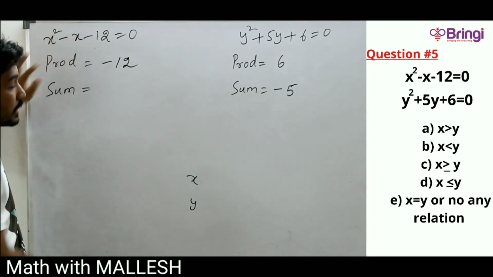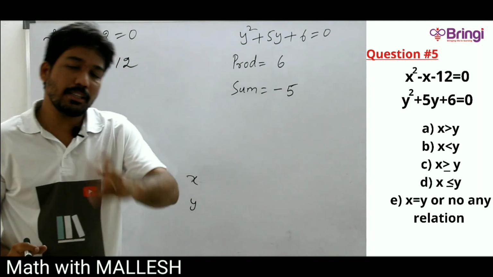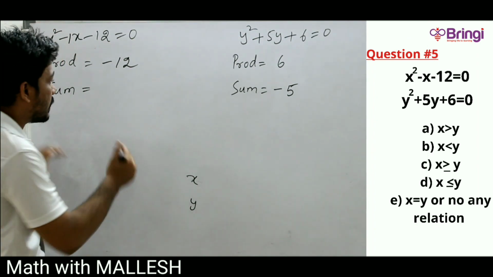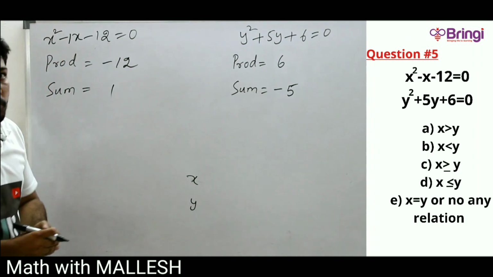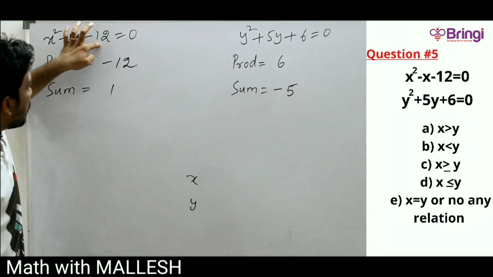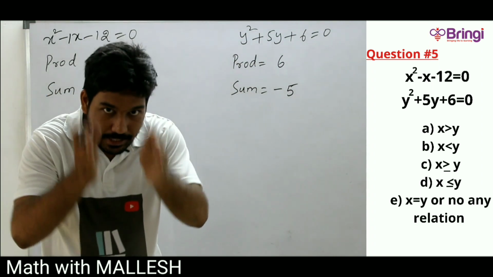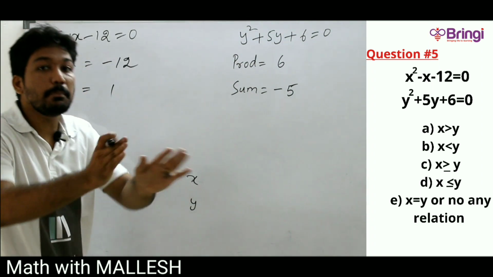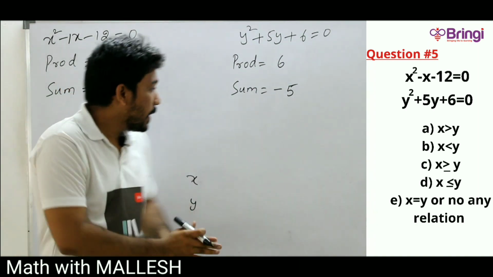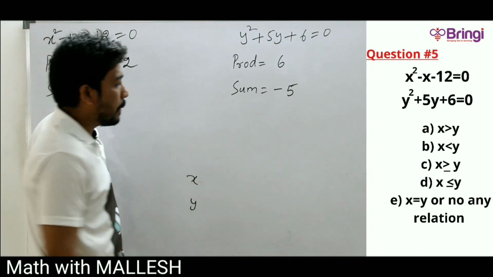And what is the sum value? Minus 1x. See, this is minus x. Minus x means minus 1x. Minus 1 is there, you have to take the reverse. Positive 1. Clear? 6 is the product and negative 5 is the sum. And minus 12 is the product, positive 1 is the sum. Here is the major point where students will commit mistakes. Product we want 6 and sum we want negative 5.